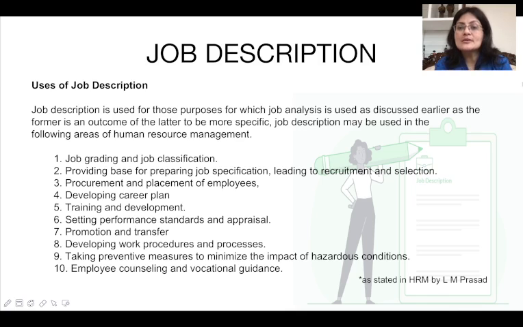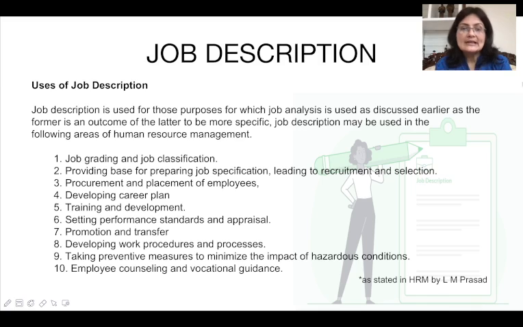So, job description may be used in the following areas of human resource management. What are the areas? They can be job grading and job classification, and providing a base for preparing job specification, because after describing a job, we'll go on to preparing a job specification, which further leads to recruitment and selection.